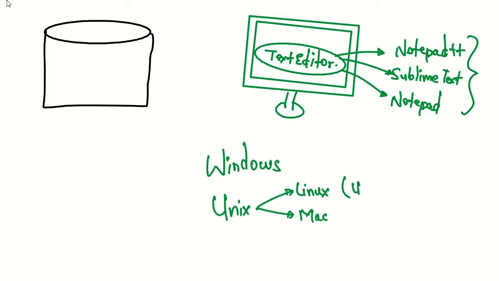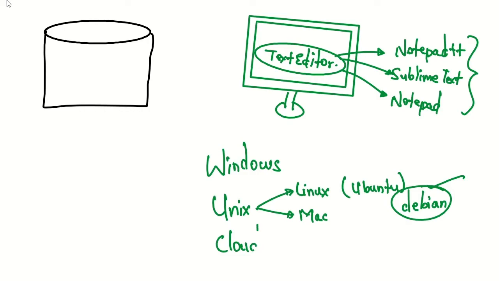In Linux we will be dealing with Ubuntu, that is Debian, but what I'm going to say will work for all Debian operating systems. And the last one is going to be for clouds. If you feel like your computer is not capable enough of running C programs, because generally people have this misconception, I'll tell you how to set up a machine on the cloud and run it from your PC.